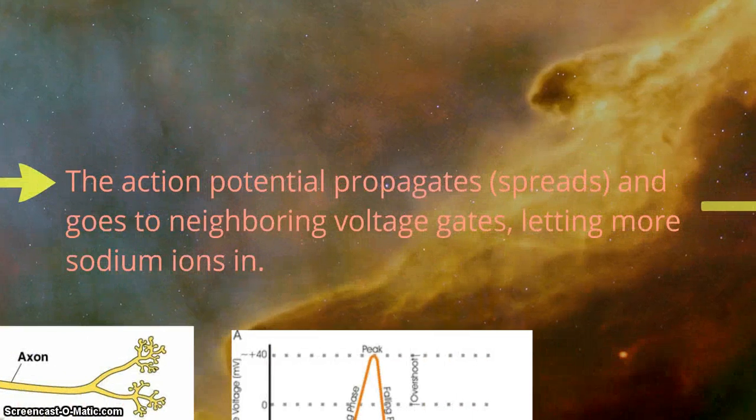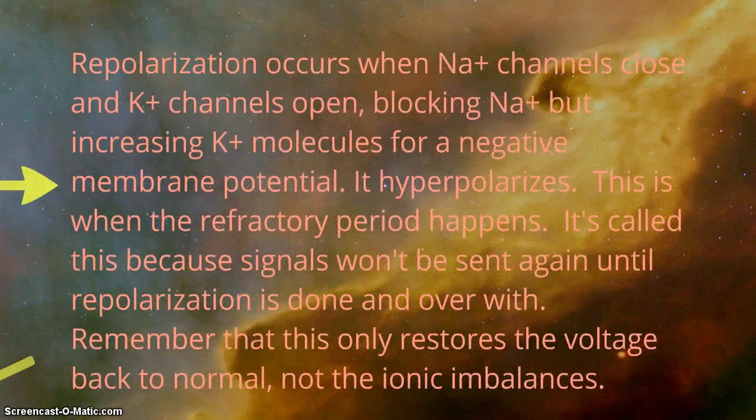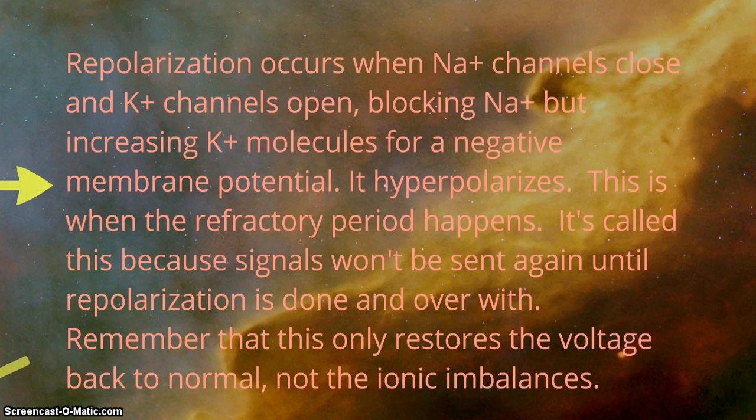And that opens sodium channels, and the action potential will propagate, and it'll open other, adjacent sodium channels. Then after that, repolarization occurs. So sodium channels will close, but the potassium channels will open, and that will allow potassium to leave, going down its concentration gradient. But the problem is that even though it's set to normal, it's not necessarily where it should be, because your electrolytes will be out of balance. Anyway,